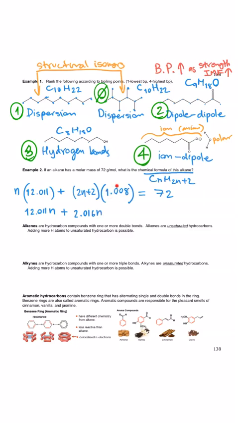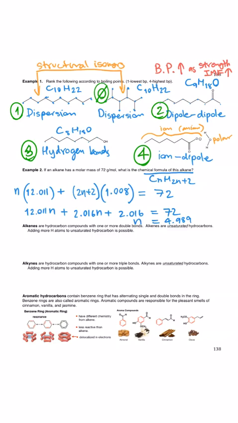Because you multiply this number by the 2n and plus, okay, so the next one is multiply this number to 2. You are going to obtain 2.016, which is equal to 72. What you do next is move this number to the other side, combine this n together, and then whatever number that you get, divide by that. Divide both sides by that. You are going to get the n equal to